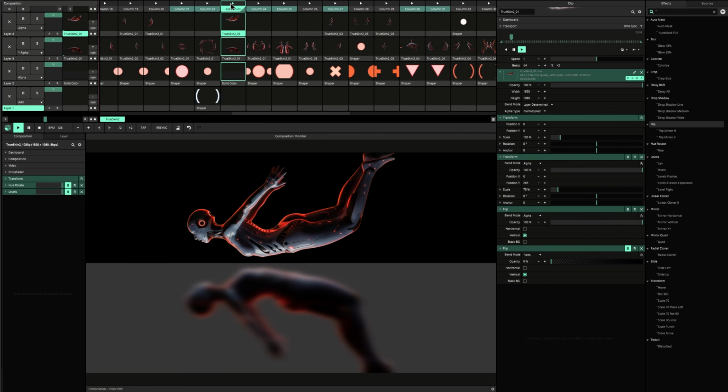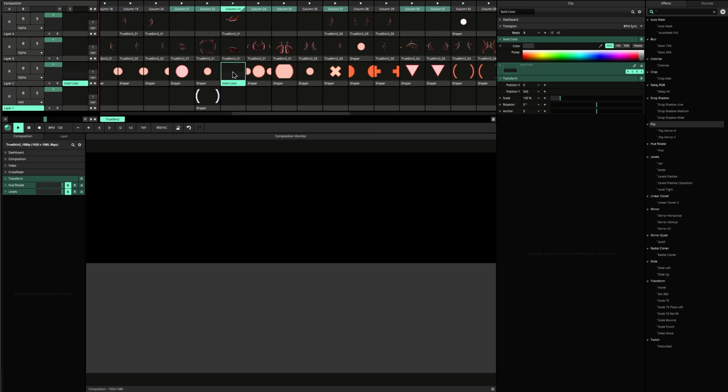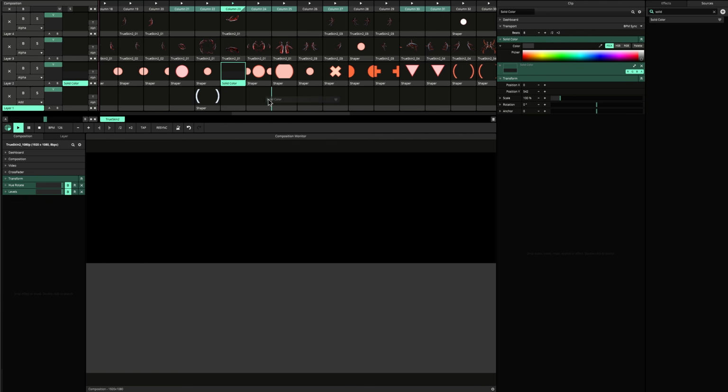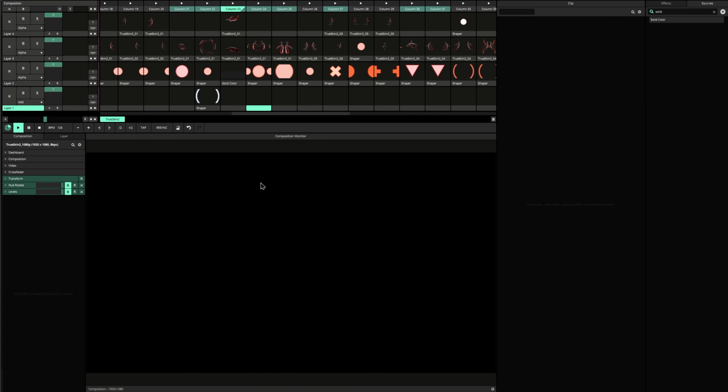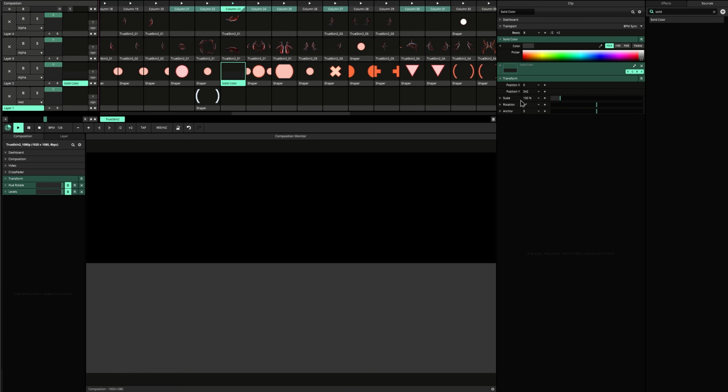What I did here is interesting. I used a solid color, so you just go to the sources and add a solid, and then we can change the color of it. We don't need to have it right now, but that's what it is. It's a solid, and then I pushed the position of it to center in this area. And then I added this,